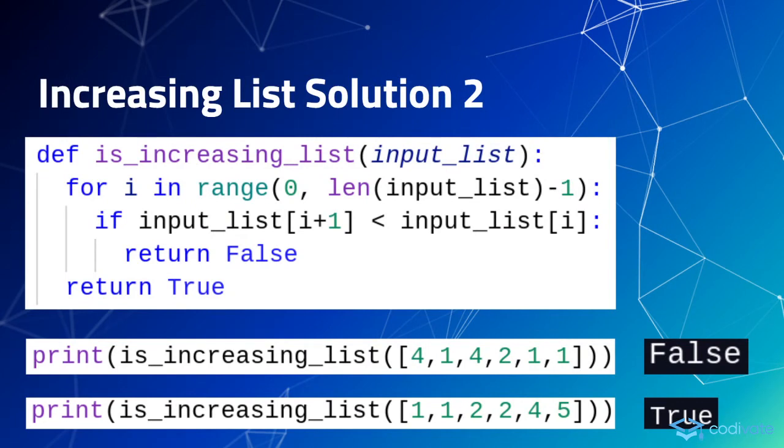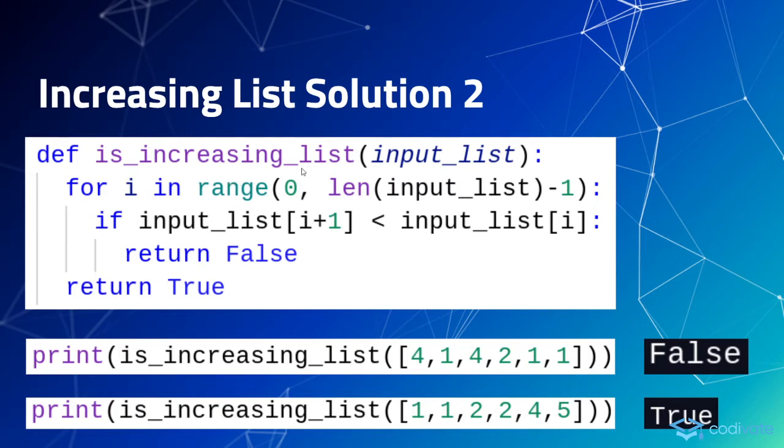So let's take a look at another solution to this one. This one is a bit more methodical and applies some of the concepts we learned about loops and conditionals. This is not the most efficient, but this one applies the model of the problem pretty well. We have the same function header as before, but instead we're going to be looping through the indices of the